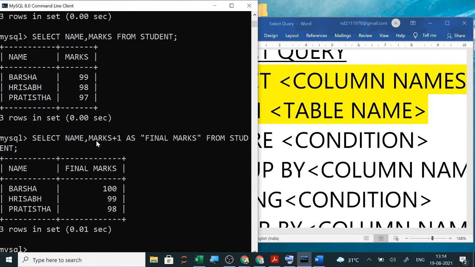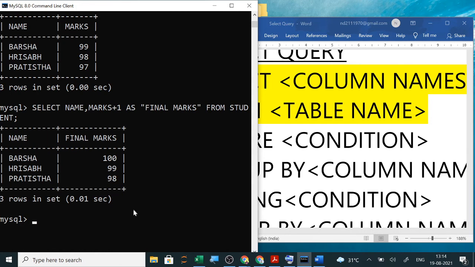So what we have done: marks plus 1 as final. So any formula you can give here, and the new heading. Suppose they have given that display the grades and it is not given in the table and you have to calculate it, so you can just write the formula and as grade, then you can display it. Clear? Now we will start with the where condition.